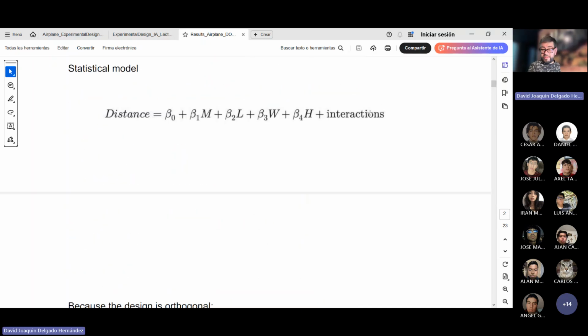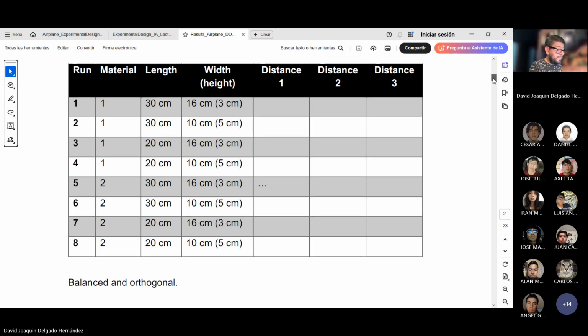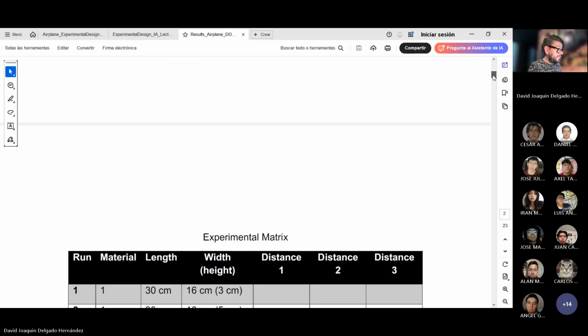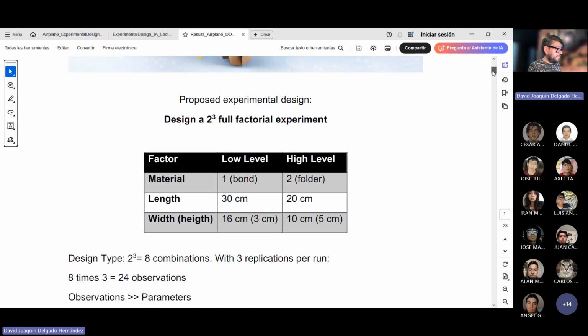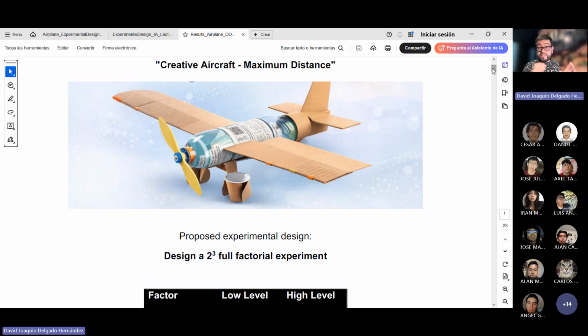This is our model. It's a very good model, excellent model, because it was planned. It was designed exactly as you could see in this class. Okay, here is my matrix. Here are the factors, and this is how you are going to get a very good design. Many companies use this design of experiment. For instance, in order to design a new car,